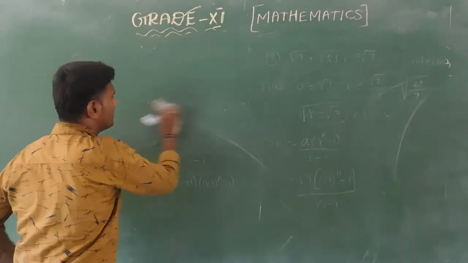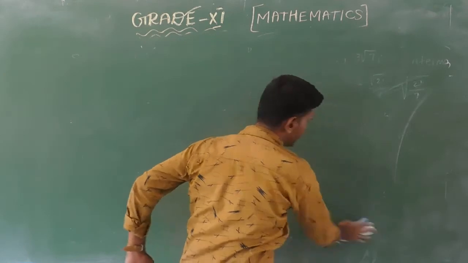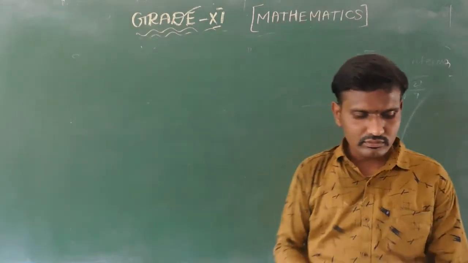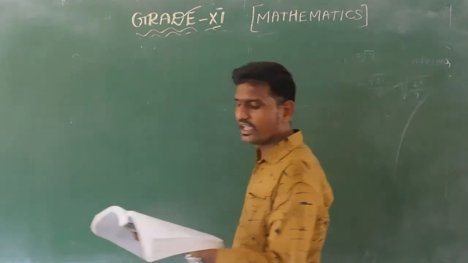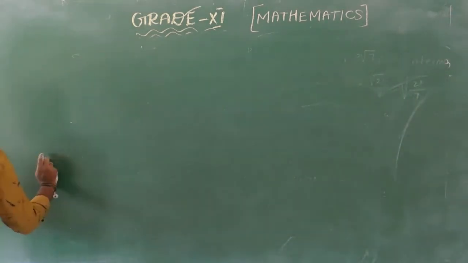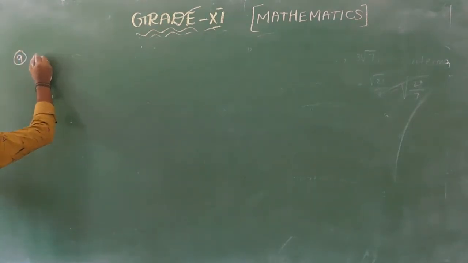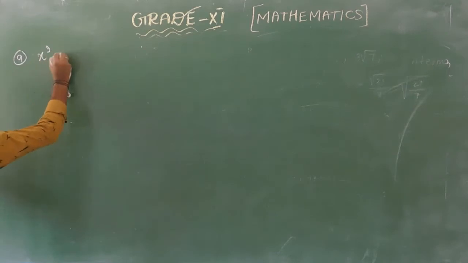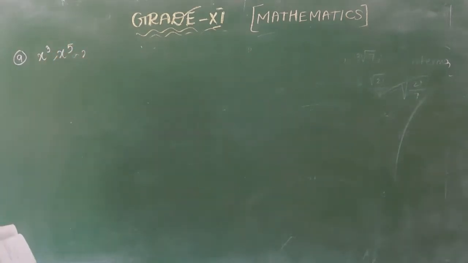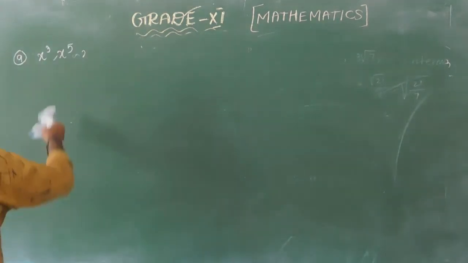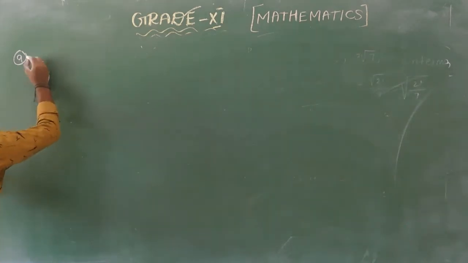The questions are the same model, using the Sn formula. Question number 7 to 10. So I give you now the 8th question. Now coming to the 9th question also. So in the 9th question, you have x power 3, x power 5. So this is easy. Now the 10th question: try it yourself. It is an easy one. Okay. I give you the next formula basically.